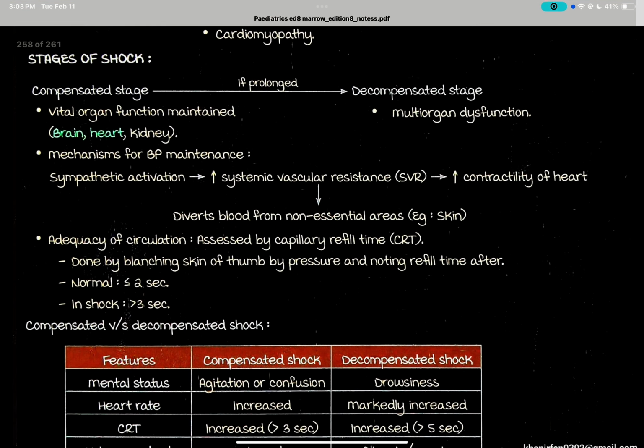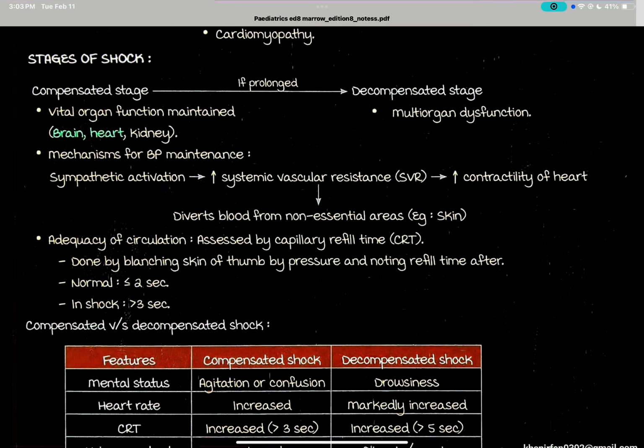Stages of shock. The compensated stage, if prolonged, becomes the decompensated stage. In the compensated stage, vital organ function is maintained, like brain, heart, and kidney. The decompensated stage will set up multi-organ failure. Mechanism of BP maintenance: sympathetic activation, increased systemic vascular resistance, increased contractility of the heart, and diverting blood from non-essential areas such